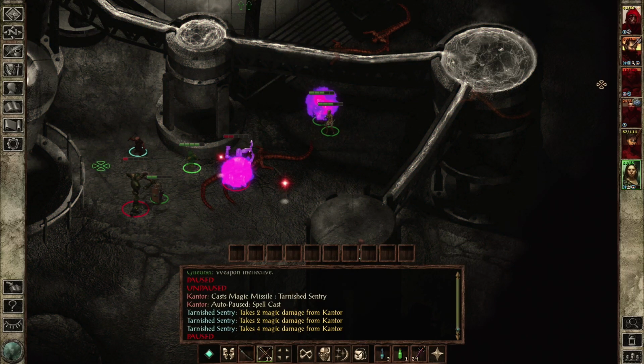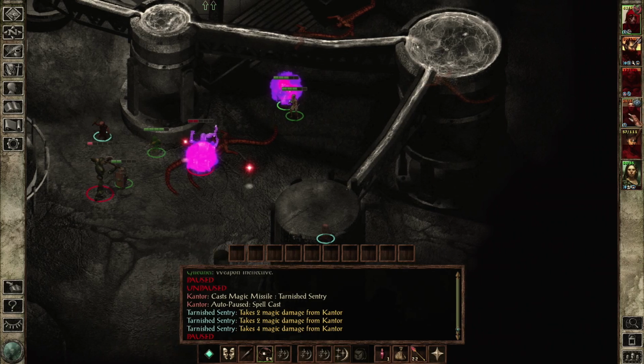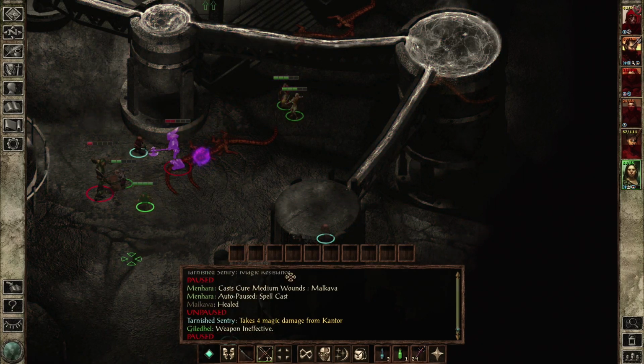Garona is really failing at things, and you really need to kill that. Is it immune? I don't think it is. Okay, so you are still casting that, and I'm going to move you around. This sentry, tarnished though it may be, still...